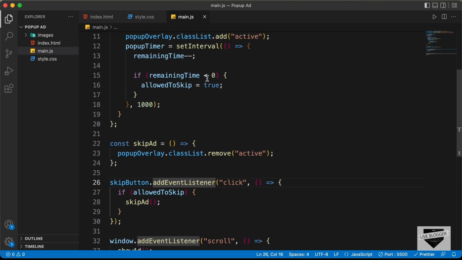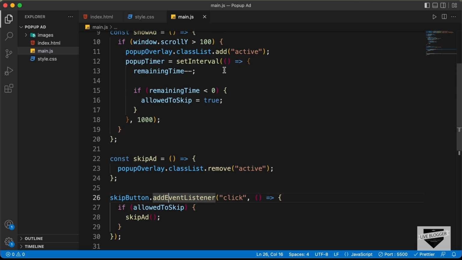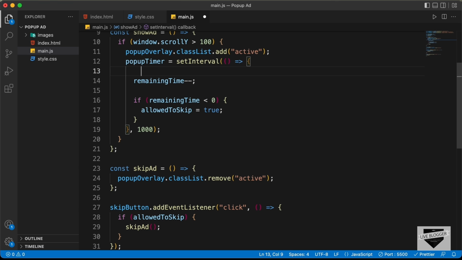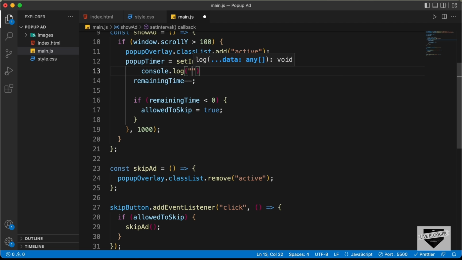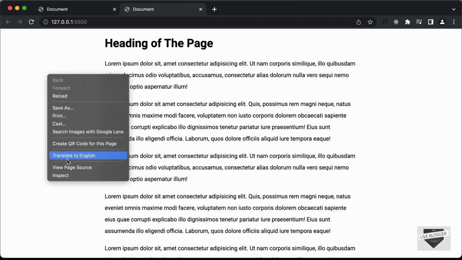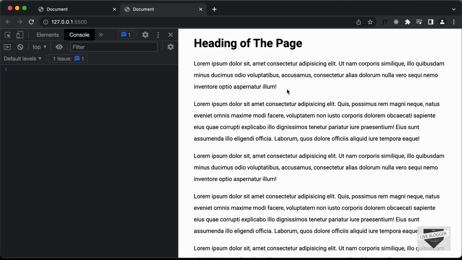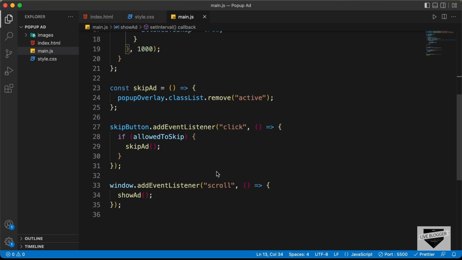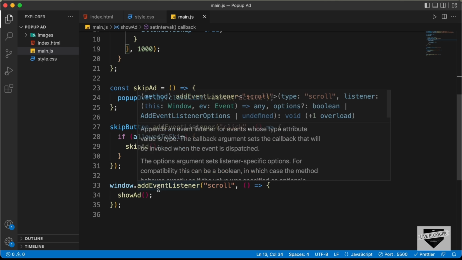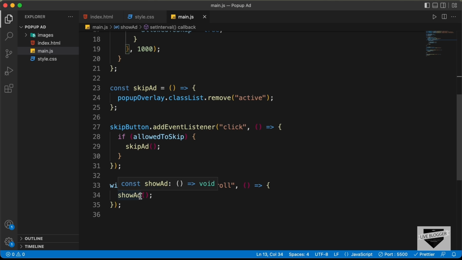Right now, first of all, let's print this remaining time inside the console and see whether everything works. So here I'll just type console.log remaining time, and let's go back to our website and open the console. Now let's scroll down, and we have the remaining time displayed over here, but it is running too fast. That's because we also have this scroll event added. Since we are scrolling, this show ad function is called again and again whenever we scroll even 1 pixel. So what we will do is remove the event listener when we call this show ad function,